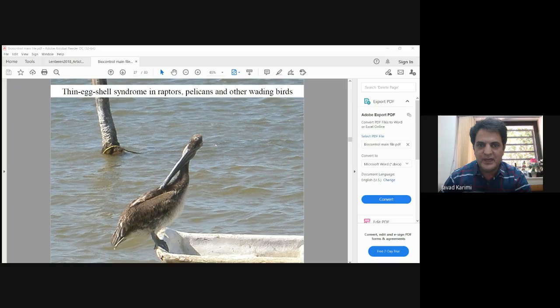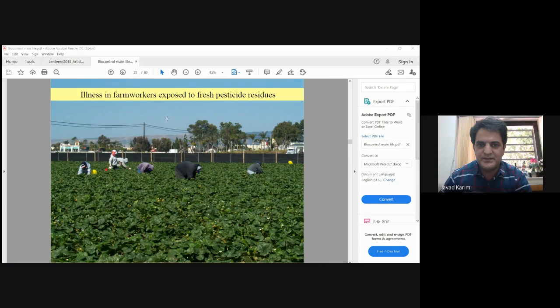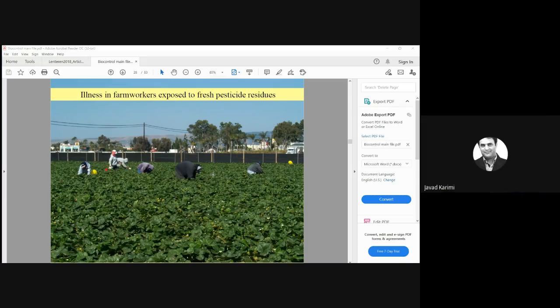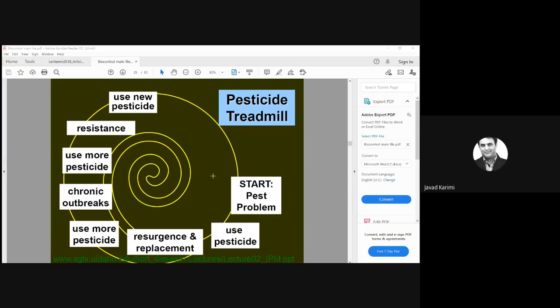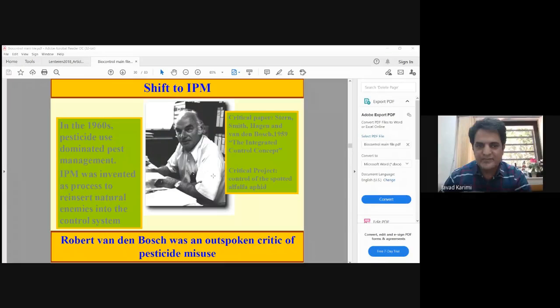This is a type of effect of pesticide on some bird, and this is another example of pesticide effect on the insect and its effect on the food web and food chain. And finally,